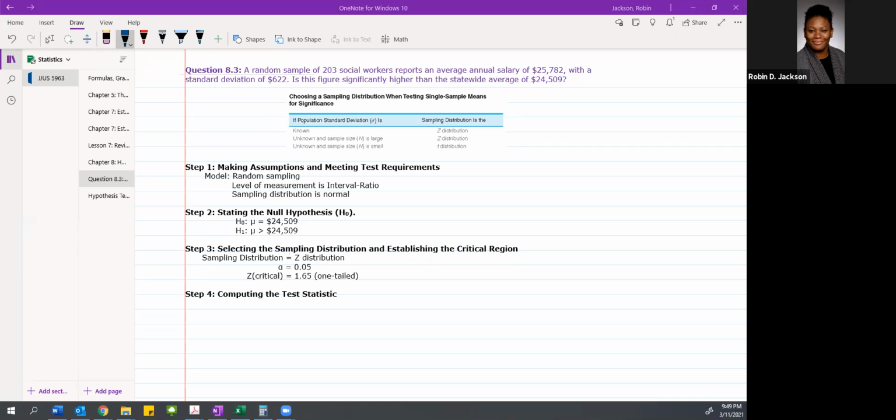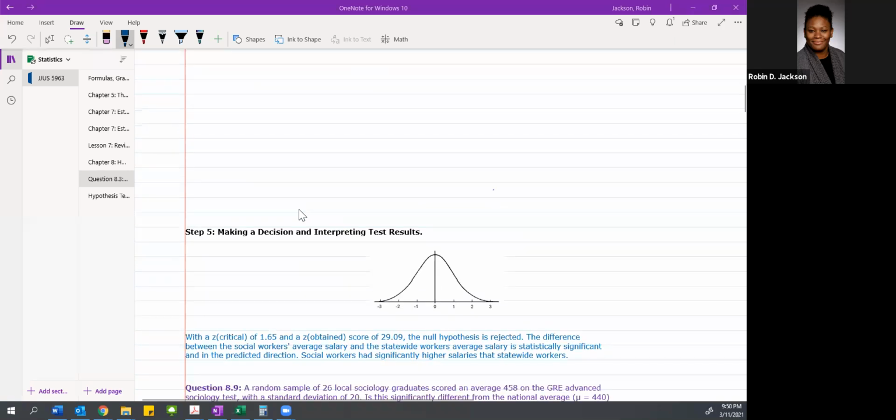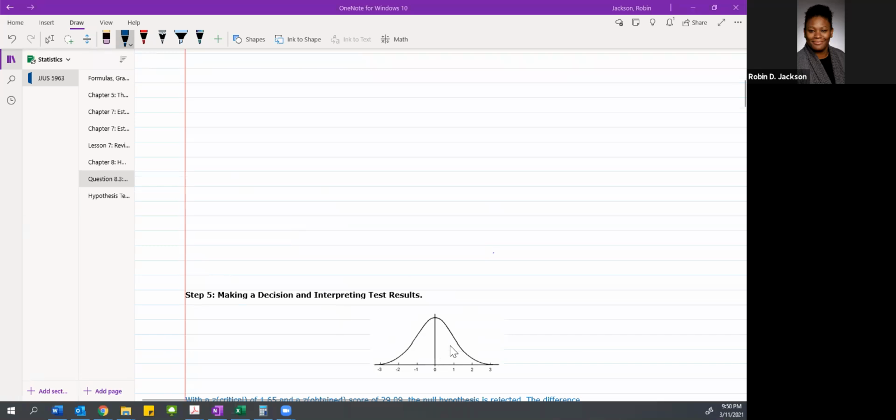When you go through and you are typing your assignment up, your work should look like this. What you see here where it says step 1, step 2, step 3, step 4, you don't need this table. The table here is for instructional purposes, but you will need the steps. Then you'll need to show your calculations for computing the test statistic. Then down here, you don't need to put the graph, the normal curve. I have this here again for academic purposes, just to teach you and show you guys some of the things